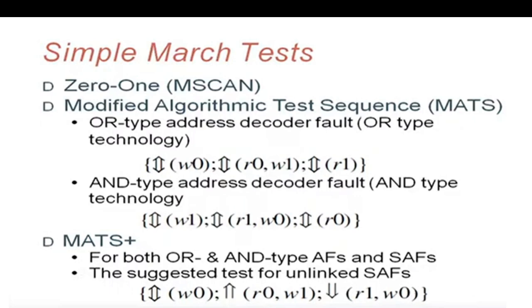Simple March test, MSCAN, 0-1 MSCAN. Algorithm modified test sequence, MATS, or type address decoder fault. So, next is handling. What is this? If we have an address,